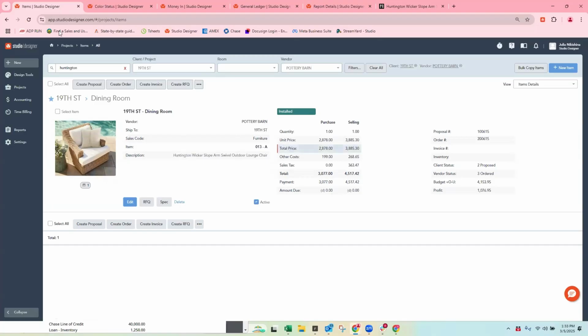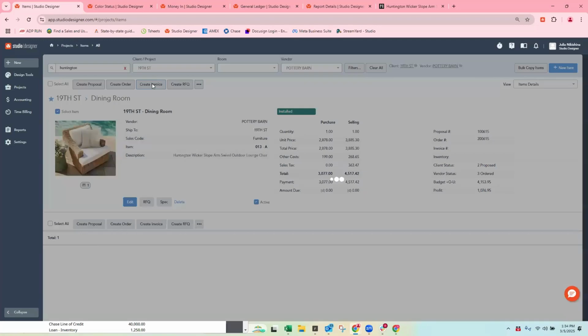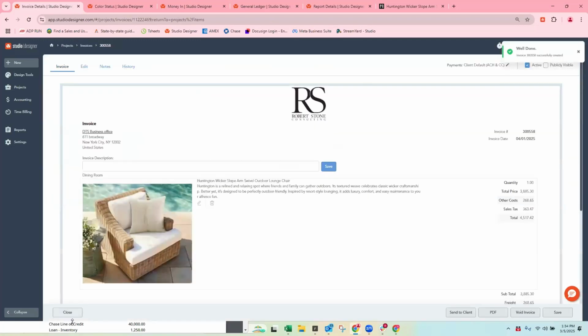Remember, I changed my system date to 4/1 because I'd like to look at only this item on my income statement. Because we're accrual based, everything here is living in client deposit, and this is living in vendor deposit. When I invoice, I relieve both of those buckets, vendor and client deposit. So select item, create invoice. I also recognize sales tax.